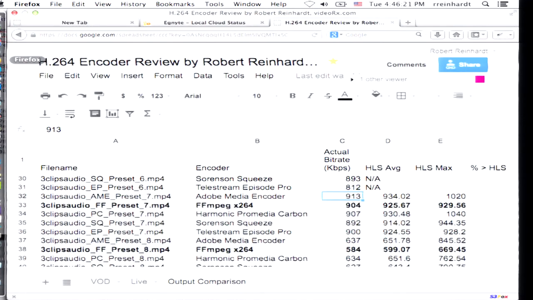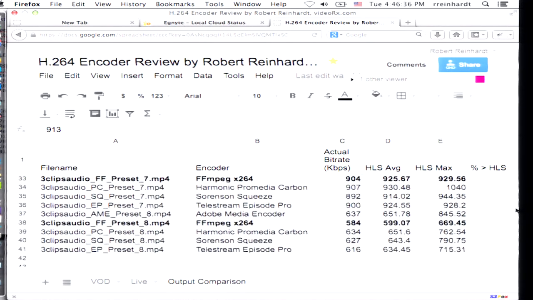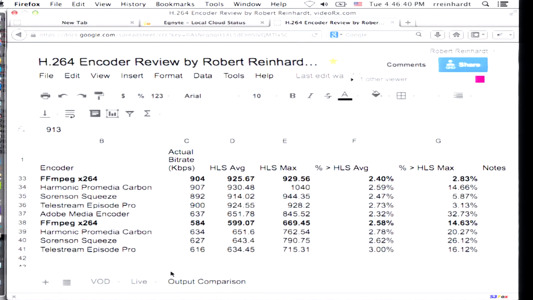And the good news is that when I ran most of any of the encoders that I used in this test, if you look at presets 7 and 8, I'm going to focus on the main profile ones, not the baseline. They're about the same. You'll see that, let me scroll down here so they're the only ones in view. There it is. So you'll notice that for ffmpeg H.264, the bit rate was 904 as it was reported by,